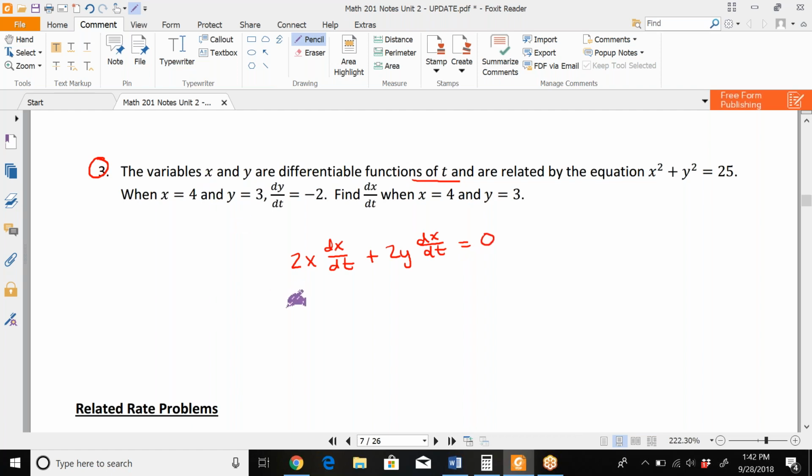X is 4, so we're going to have 2 times 4. We don't know dx dt, it's the part we're looking for, so that's going to stay that. The y is a 3 from reading my directions. This is supposed to be dy dt. Sorry, I wrote that incorrectly. And dy dt is -2. So this is -12, and that's 8. So 8 dx dt